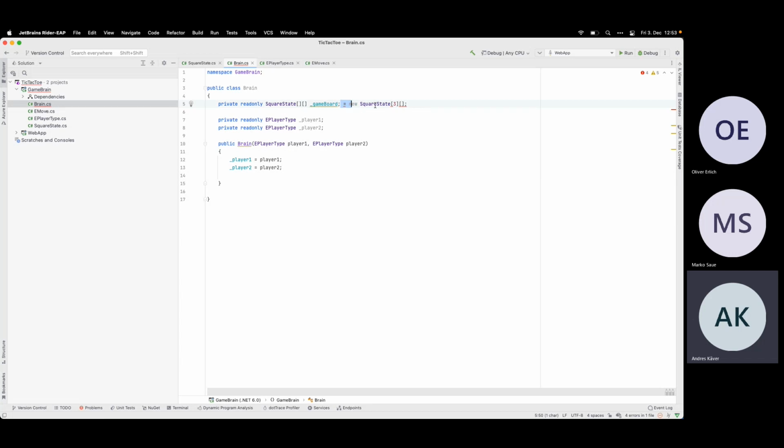I think yes. And then I need to initialize it, if this is the way you wanted, X by Y, yes? X first and Y is the second in your world. So this is the X and the second dimension is the Y. So I need to do a for loop here.